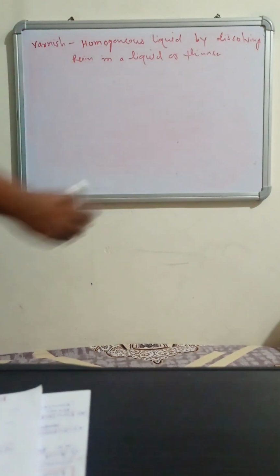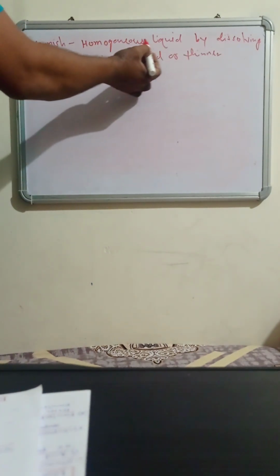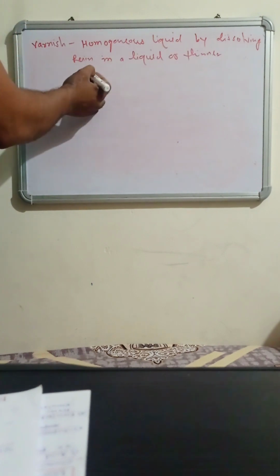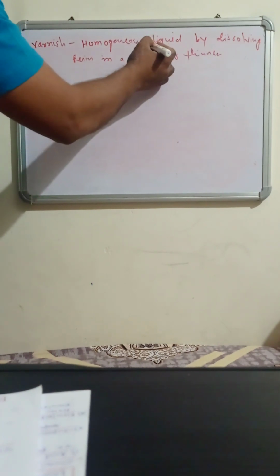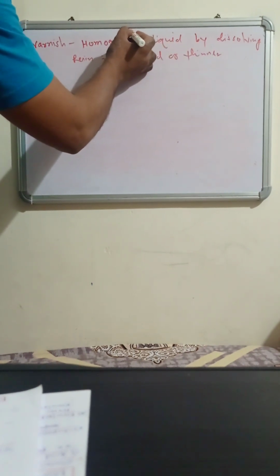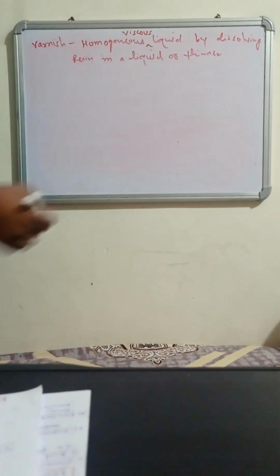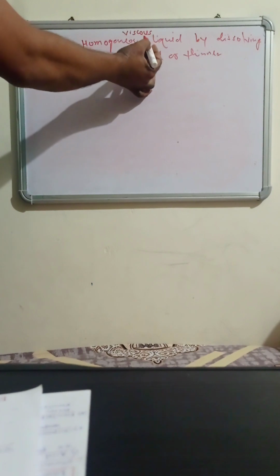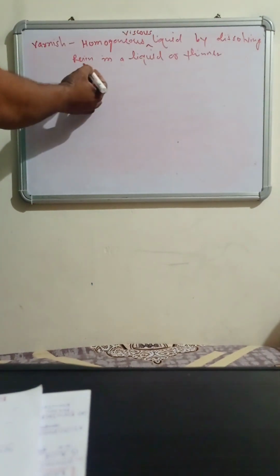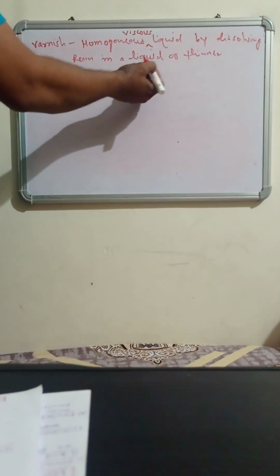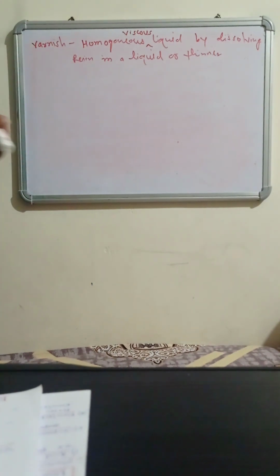This is the definition of the varnish. Homogeneous viscous liquid by dissolving resin in a liquid or thinner. Viscous, generally varnish जे आहे ते viscous नेचरचं असतं, त्याची viscosity जास्त असते. That's why it is a homogeneous viscous liquid by dissolving resin in a liquid or a thinner is called as